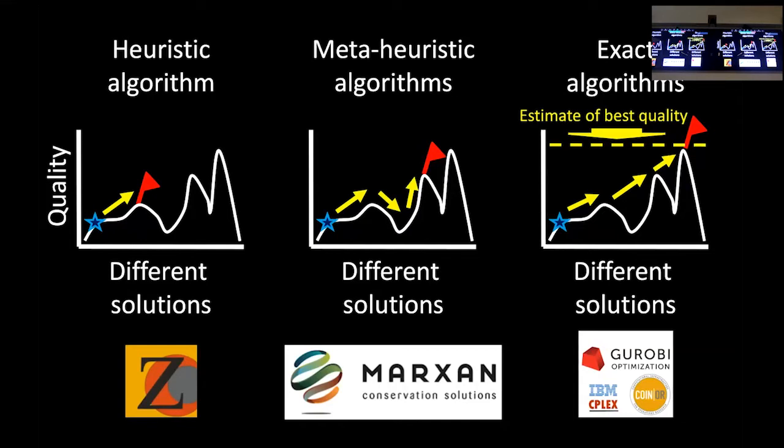If you've used Marxan, you might be familiar with simulated annealing. That's a type of algorithm called a meta-heuristic algorithm. And that's really cool. The idea there is you start somewhere and then you alter it. But unlike heuristic algorithms, you're sometimes willing to accept moves that degrade the quality of the solution. And that's really powerful because that lets you explore these valleys so you can get to a higher peak, broadly speaking. For a long time, these have been the main kinds of algorithms that people use in spatial prioritization.